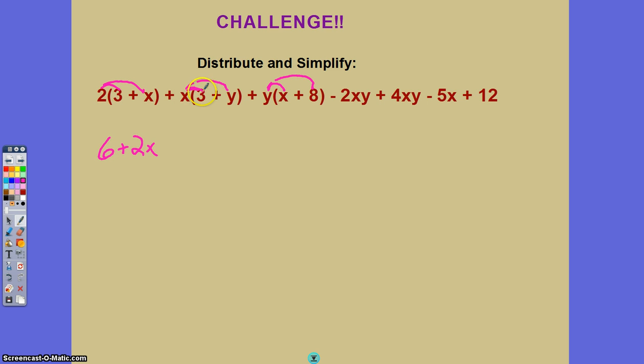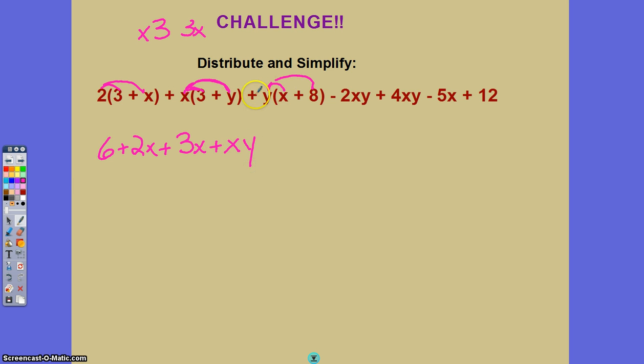X times 3 technically gets me x3, but what we're going to try and get used to, and will definitely come into play when you're in algebra class, is we put the number first, followed by all of the variables in alphabetical order. So we're going to write that as 3x. Put the number first, then the variable. So plus 3x, and then the x needs to go out to the y. Well, I don't know what the value of x is, I don't know what the value of y is, so we just put them right next to each other. And again, in alphabetical order. They're both positive numbers, so positive